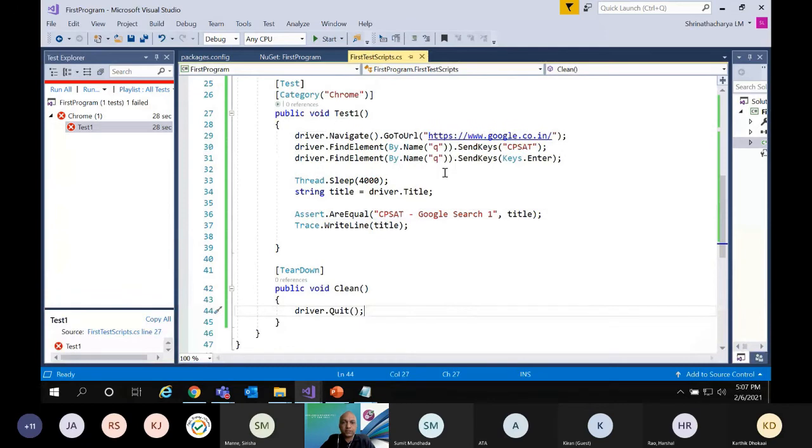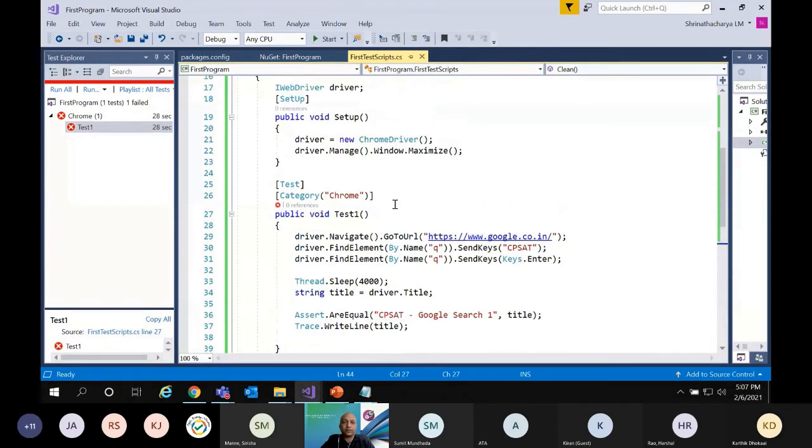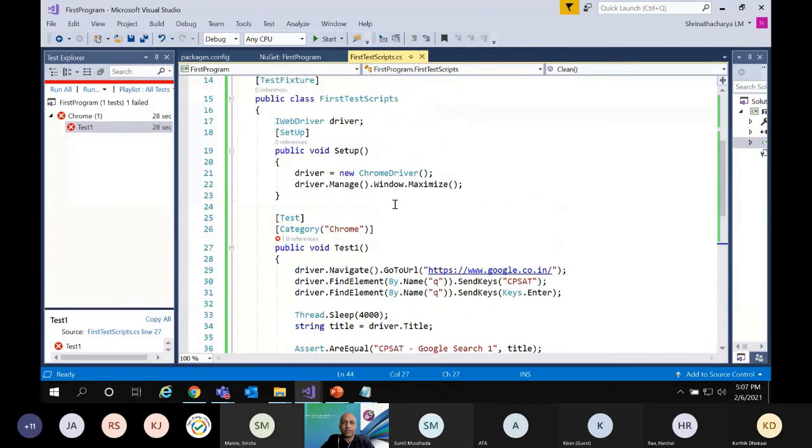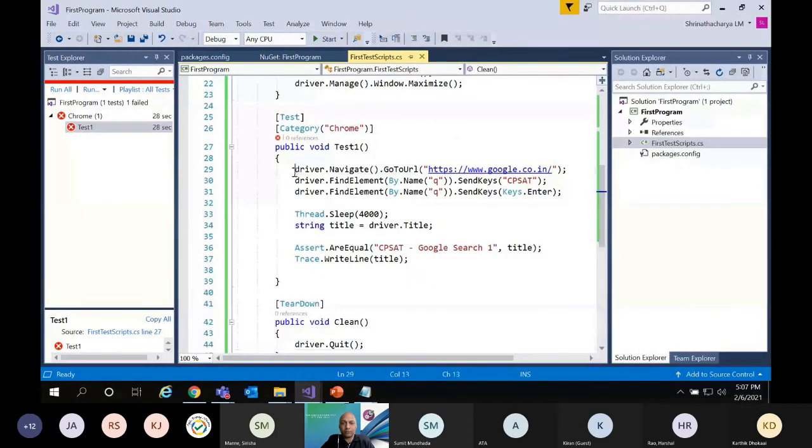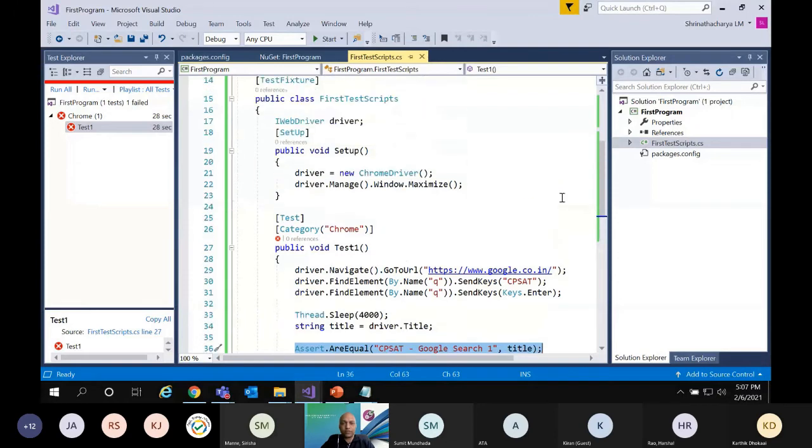Okay, so this is the simple way where we can set up your first program, then do some automation, and then do the asserting. So this is with Chrome.